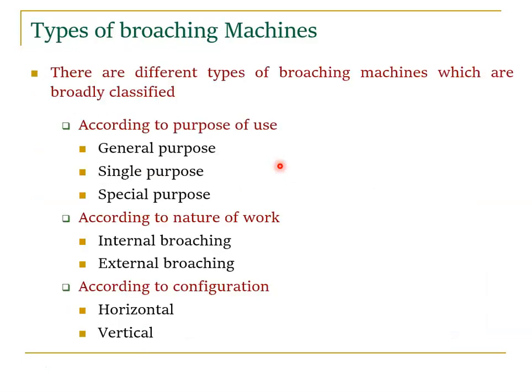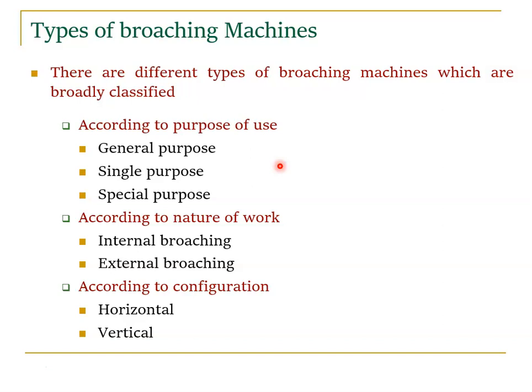Classification of broaching machines: we have a variety of classifications. Based on the purpose, we have three types: general purpose, single purpose, or special purpose, right? If I'm using it for general use, I can say general purpose. Who defines this? The user does, right? If I consider it general purpose, then I can say it's a general purpose machine, or if it is the same traditional setup everywhere, we can say it's general purpose.